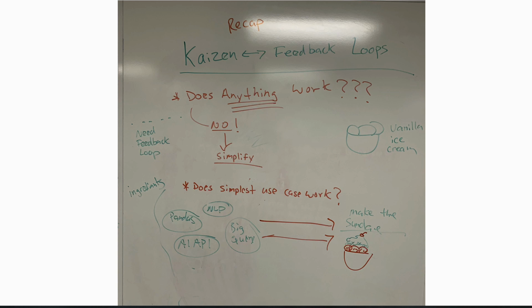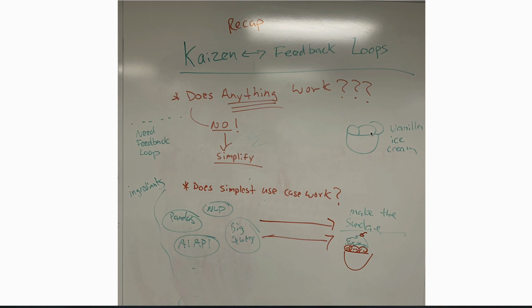Really, it's a feedback loop. And this is the basis of building anything that's meaningful, anything that's complex. And one of the things that I think is the most important for anybody to remember when they're building a software system is this concept of, does anything work? If it does not, then you go and you simplify things. And this is probably the most common problem I see for data scientists that are new to software engineering, is they're not simplifying enough until they get to the point where it's so simple that it works,